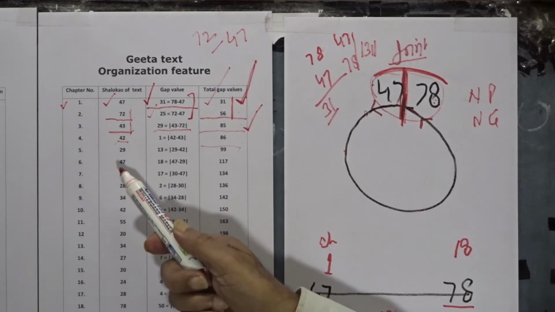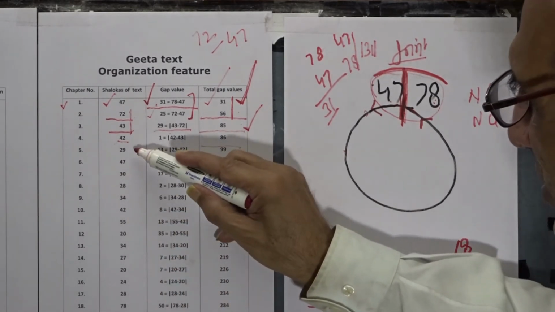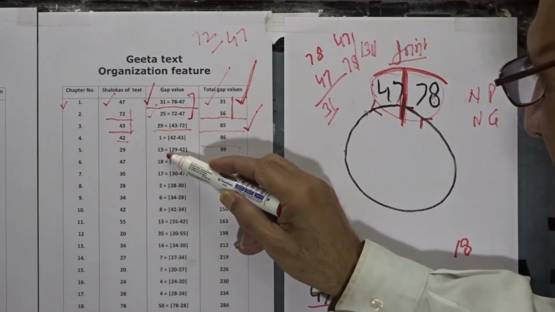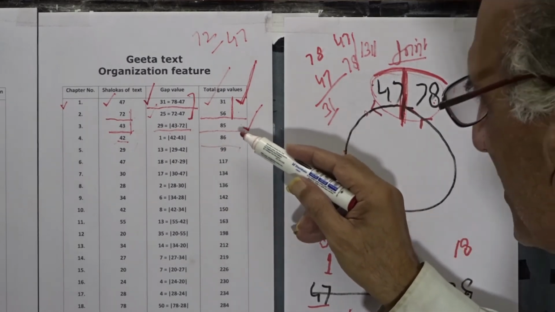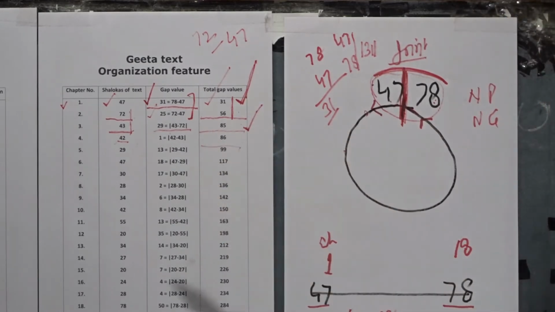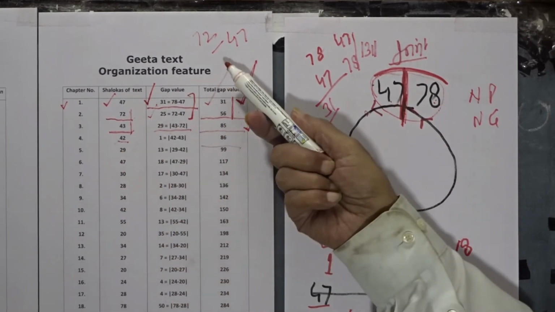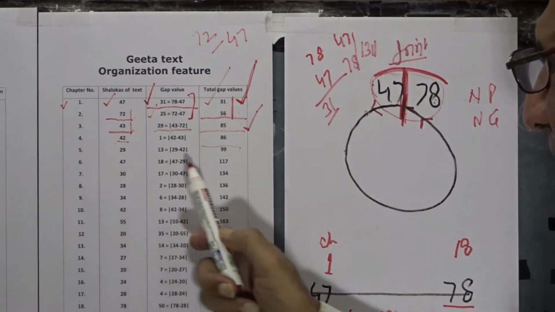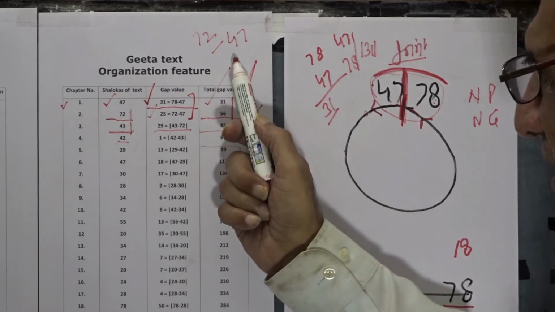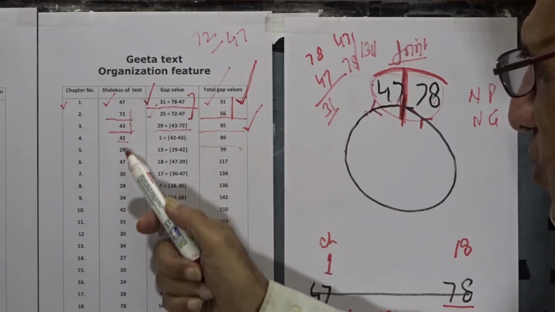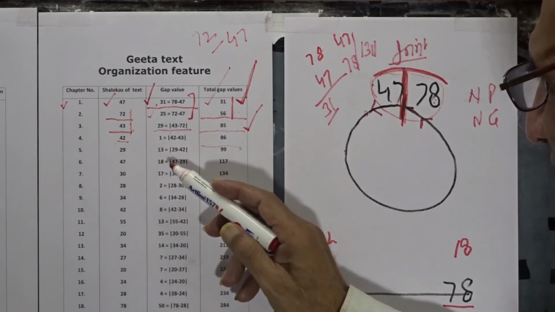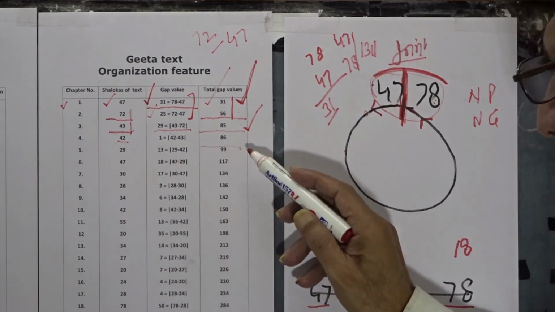The fifth chapter of Srimad Bhagavad Gita is of 29 shlokas range. The difference value of 42 and 29 is 13. 13 and 86 gives us a value 99. So up till chapter 5 of Srimad Bhagavad Gita, we have a gap value 99. The sixth chapter is again of 47 shlokas range. The difference value of 29 and 47 is 18. 18 plus 99 takes us to value